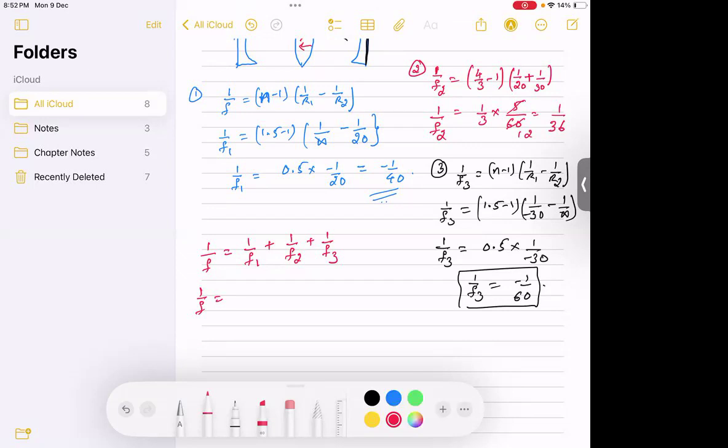So 1 by f1 is minus 1 by 40. 1 by f2 is 1 by 36. 1 by f3 is minus 1 by 60. Now take up the LCM, students, here and please simplify this. I think you end up with